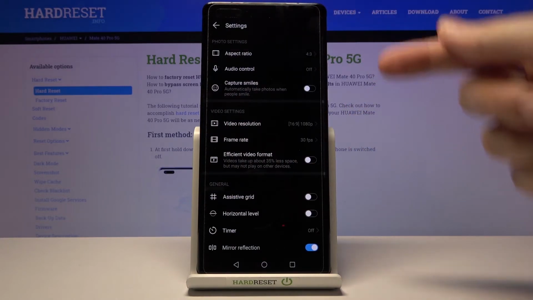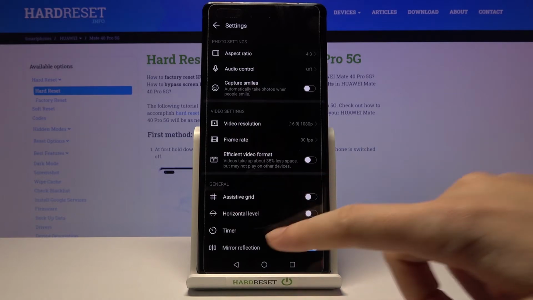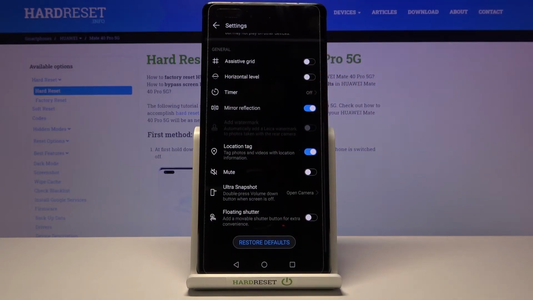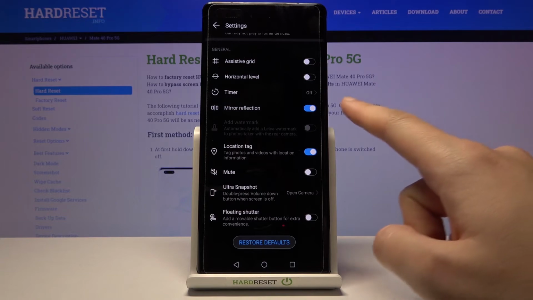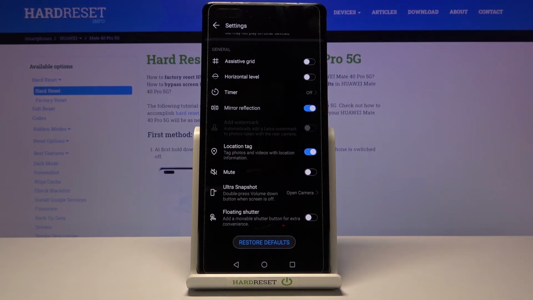When we pick it, we can open the advanced camera settings. From here let's just simply slide a little bit down to the general settings, and here we have the mirror reflection option, so by using this button we can easily turn it off and turn it on like that